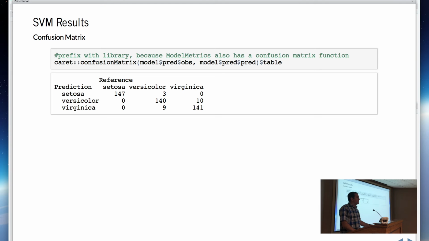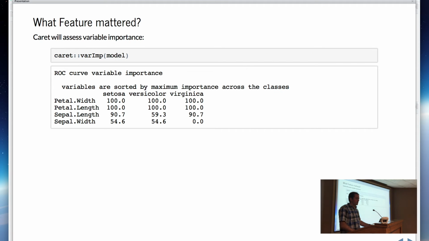In some cases too, it's just nice for code clarity. If it's kind of non-obvious where a function comes from, you can just do that to be explicit so anybody reading your code knows where that's coming from. So I did that in one more slide to make that point: if you weren't as familiar with varImp as a function, reading this you would know where it came from.